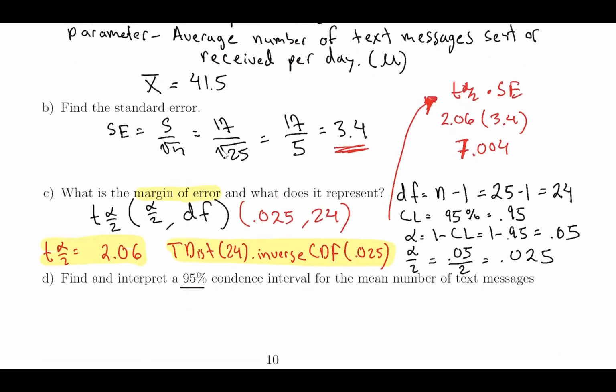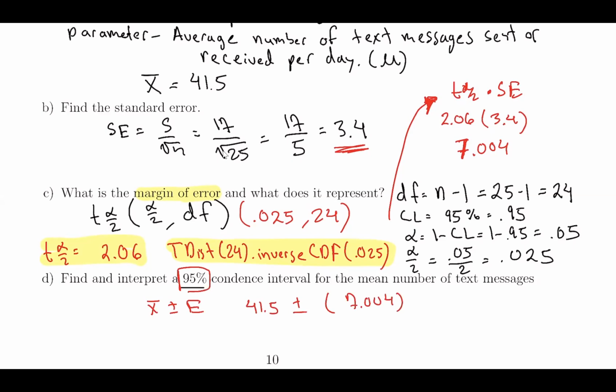So let's do part D. If you remember, it says find and interpret. So we want to do the 95% confidence interval. For this one, we have to do x bar plus or minus my margin of error. So we have to do x bar, which is 41.5, plus or minus